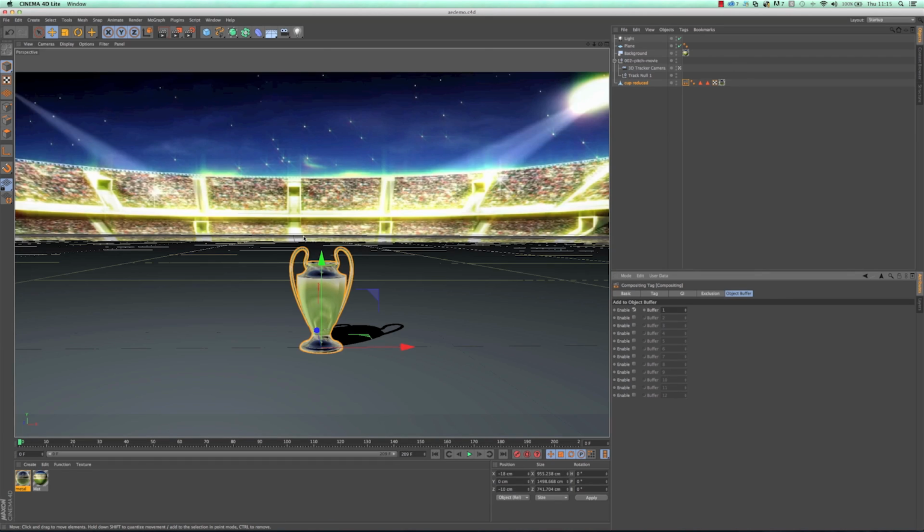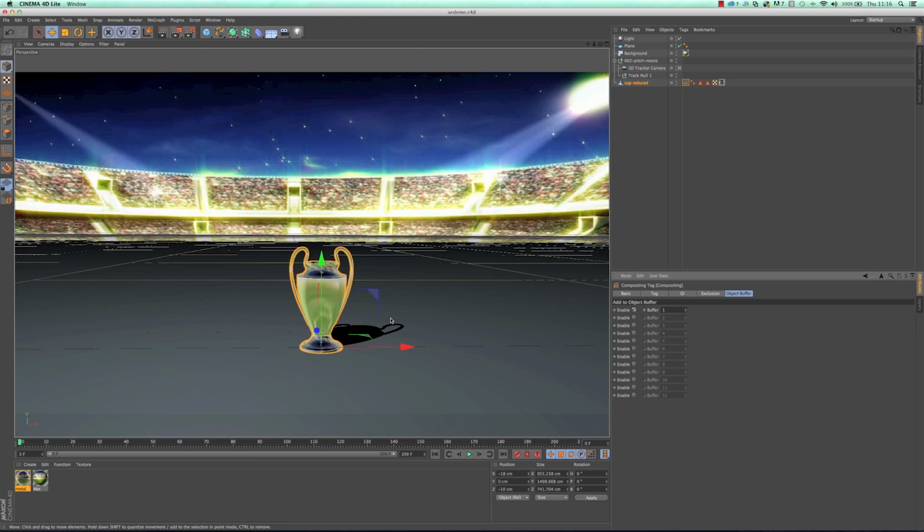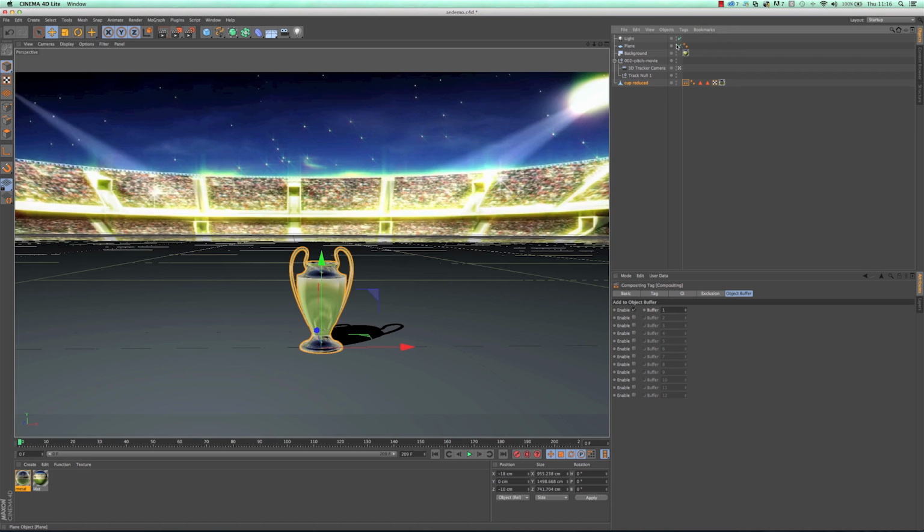Now, animation is also something that a lot of people want to do, and they want to do it nice and fast. To help you do that, what you could do is hide the plane so you can see it landing on the pitch, but I want to see the shadow and how that interacts. I'm going to leave it on. But if you want to hide any objects, you can use these little icons here. The top one will hide it in the editor, and the bottom one will hide it in the renderer. So red is off and grey is on, and green can override if it's in a hierarchy, but I'm going to leave it on for the minute. So to animate is really simple inside Cinema 4D.